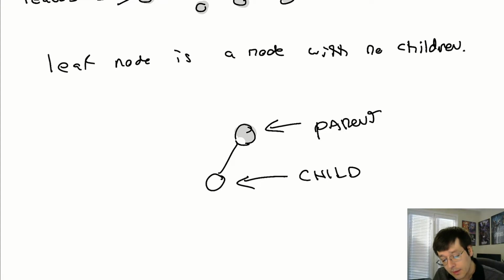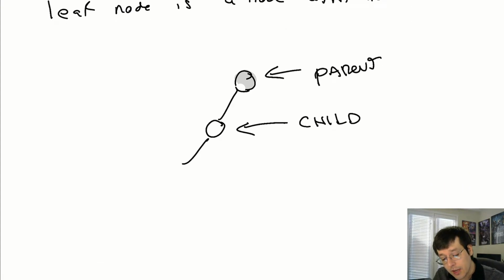Okay, if this node decides to have a kid or two kids even, then technically speaking, this node is a child of the parent node. So this is a child of this, but it's also considered the parent of the new two kids. Okay, so it's also a parent at the same time.